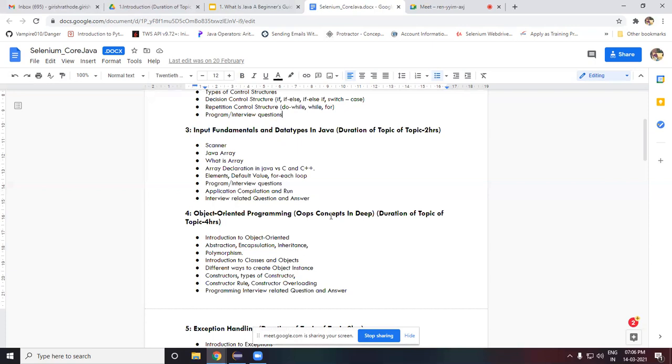In arrays, we can discuss what an array is, how to declare an array, what types of arrays we have, and the different ways to declare an array. How arrays can be used in Java, how we can loop our arrays, and how we can use arrays in programs. Those things will be discussed.